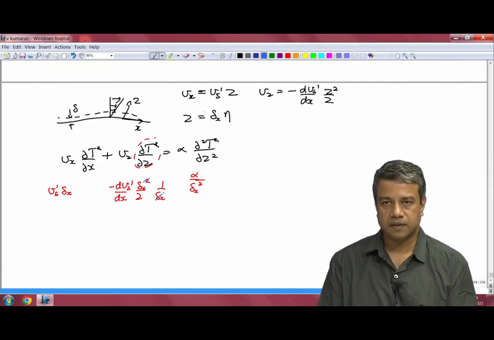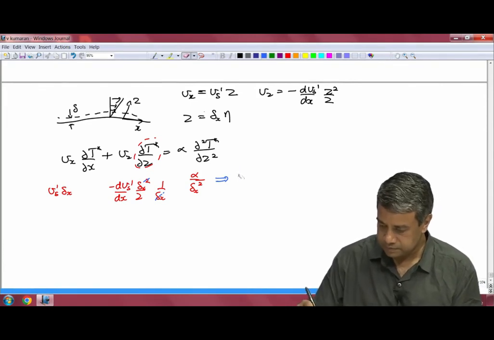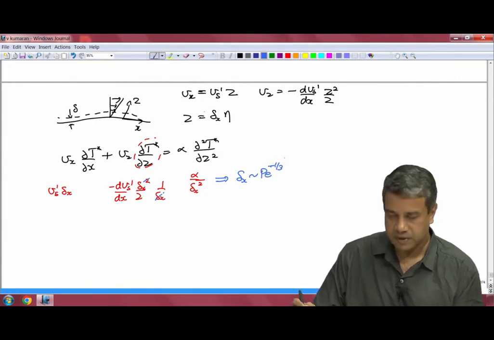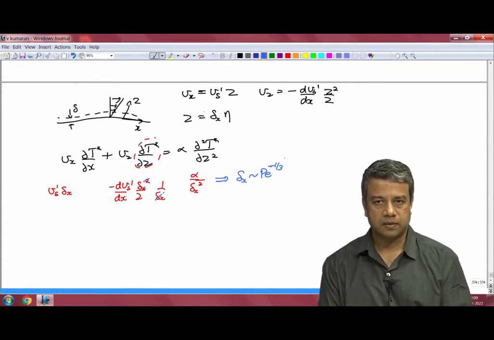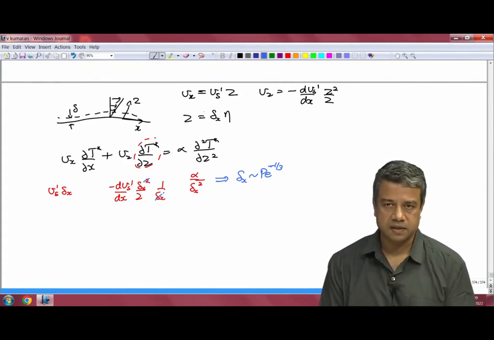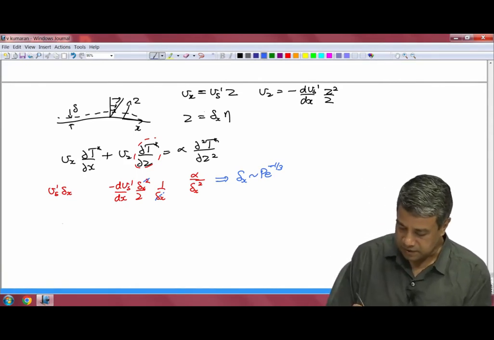So, in the limit of high Peclet number, this would imply that delta x goes as Pe to the power minus 1/3. Okay. That is why you get this expression for the boundary layer thickness, and the heat flux q